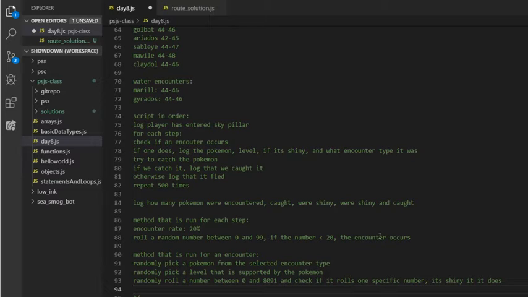You guys gotta remember, Math.random includes 0 but not 1. So if you want to do it between 1 and whatever, you have to add 1 to your result. Alright, so